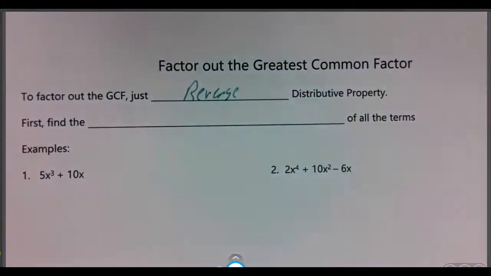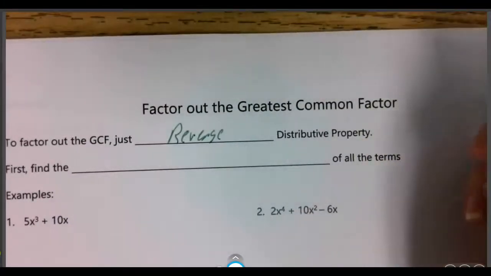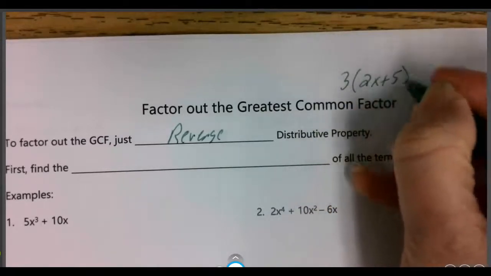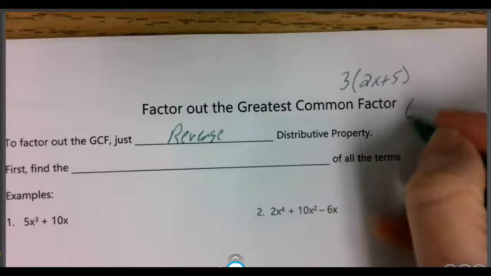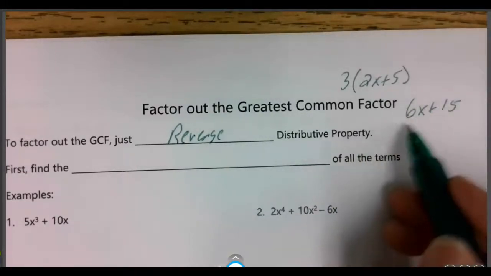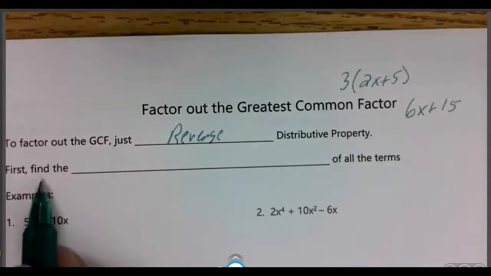the distributive property. So let's look at the distributive property. 3 times 2x plus 5. If I distribute that, I get 6x plus 15, right? So now what we're going to do is start with this, and we're just going to find